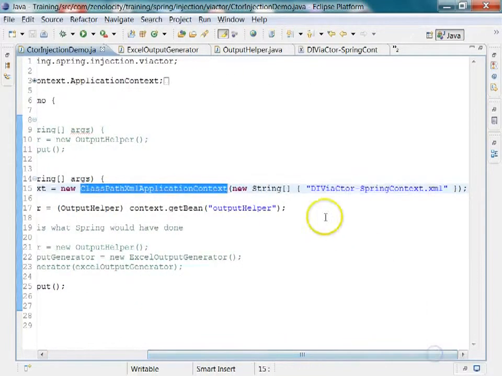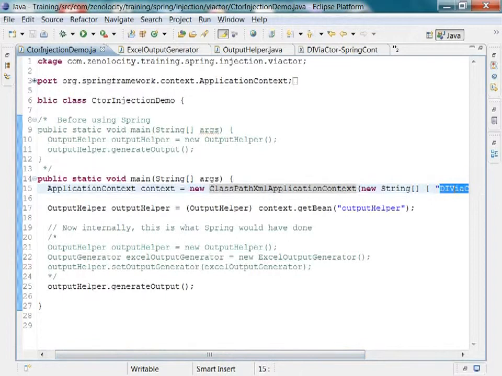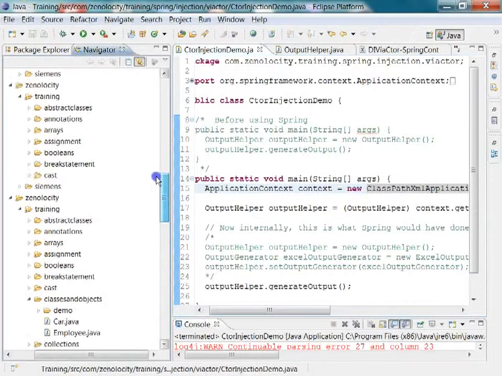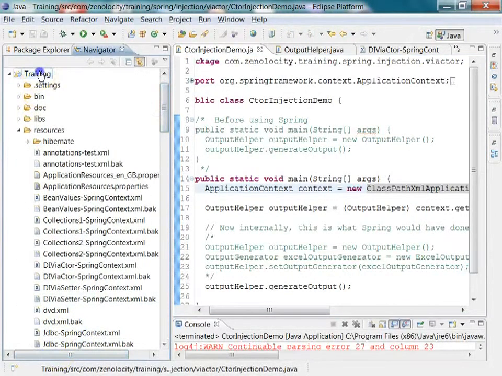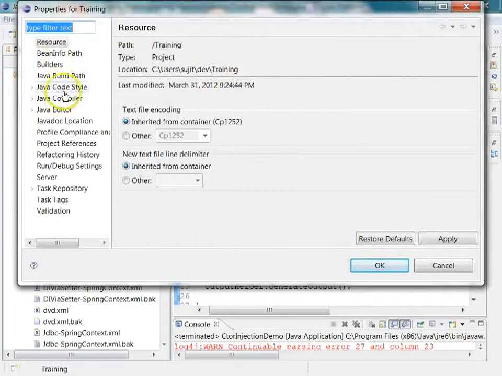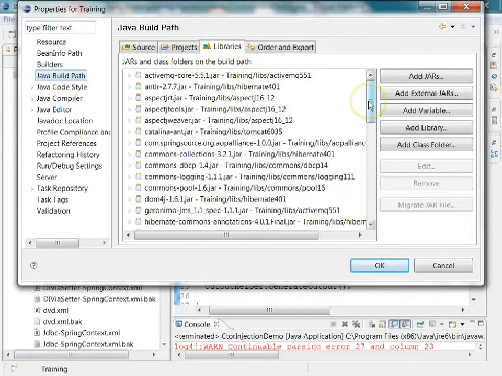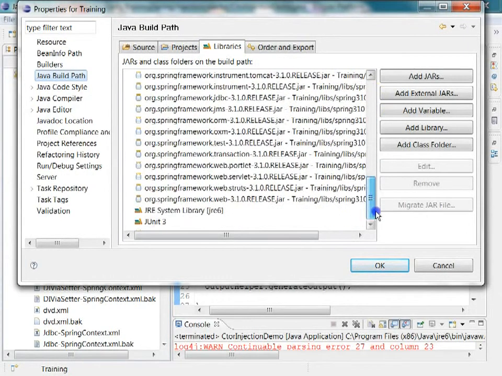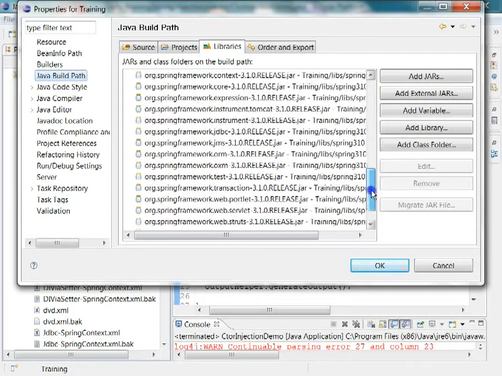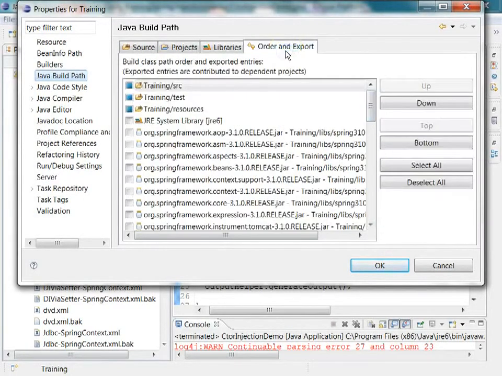And in the ClassPathXmlApplicationContext, you have to give the name of the XML file that you are loading. And this file gets loaded from the class path. So if you look at your project properties, and go to the Java build path, and then to the class path, you will see that the training resources is part of the class path.